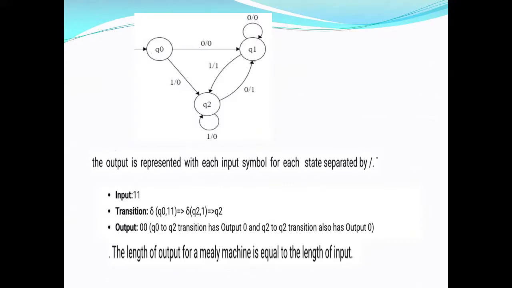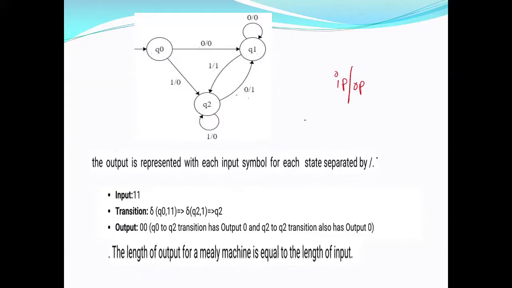So in Mealy machine, the convention is that when there are transitions between the states or from the same state, in fact you can have a loop, the first symbol is the input symbol, slash, the output symbol. So it will be given like this. Q0 on 0 goes to Q1 producing output 0. Q1 on 0 goes to Q1 and produces output 0. Q1 on 1 goes to Q2 and produces output 1. Then Q2 on 0 goes to Q1 and produces output 1, and so on.